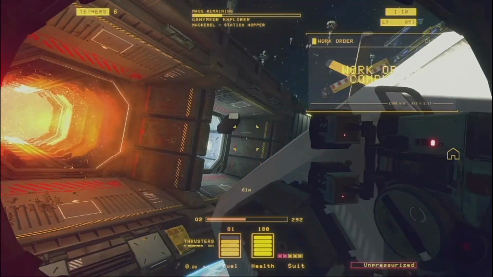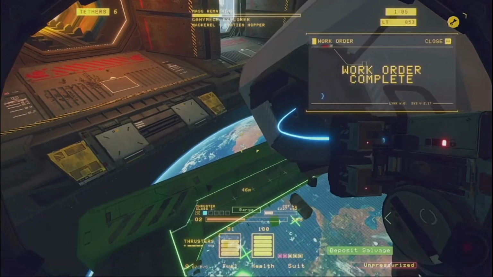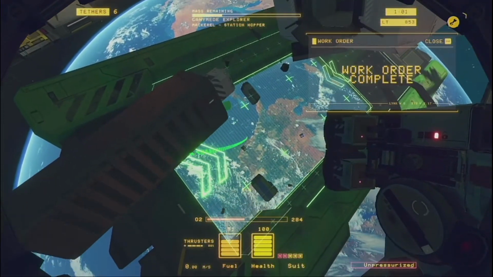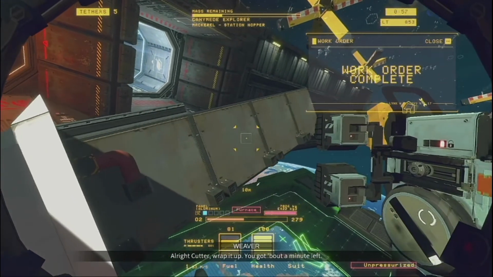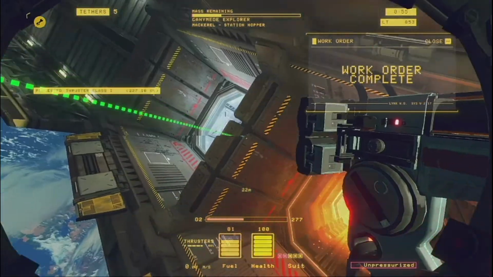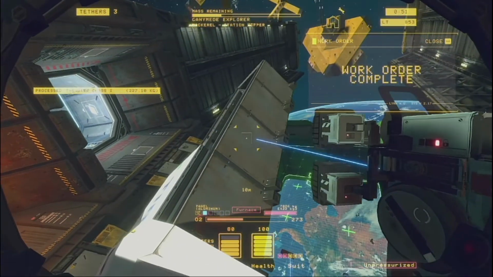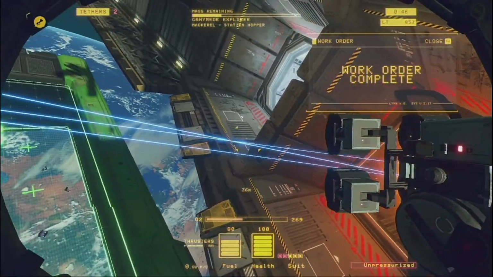Fire that off to the blue maw because I have about a minute left. I'm not paying attention to where it goes. Yank out the thruster, tether it to the net. Alright, Cutter. Wrap it up. You got about a minute left. Use 3 of my remaining 5 tethers to get the rest of the frame in, and I just realized